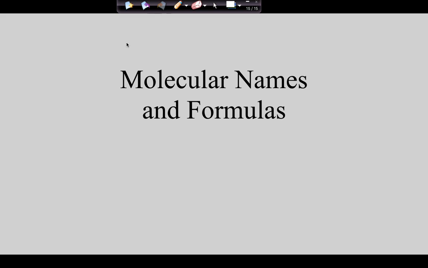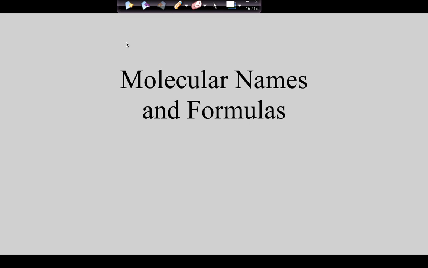Last type of name and formula that we need to learn to write. Over the last couple days, we've learned to write the names and formulas for salts. The first time, we talked about writing actually just the formulas for what we called the simple salts. Then last time in class, you learned to write the names and formulas for what we call the complex salts, the salts that contain polyatomic ions. So you now have the ability to write the name or the formula given the other for simple and complex